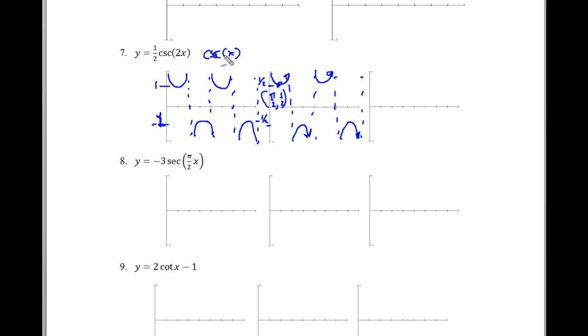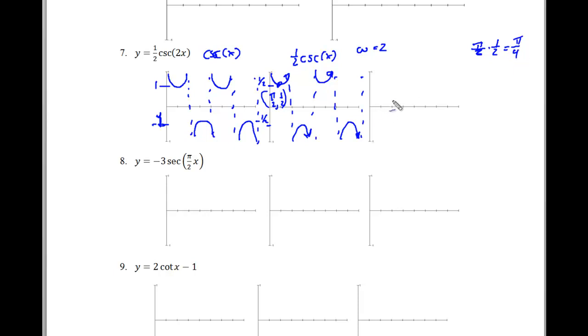Now what I'm going to do is apply my omega for this problem over here on the next side. So this is a graph of 1/2 cosecant x. And now what I'm going to do is apply that omega of 2. So the omega is 2. So what I'm going to do is take my pi over 2, that one, and divide by my 2. Now, dividing by 2 is the same thing as multiplying by 1/2. So every single interval of this graph isn't going to be 1/2 anymore. It's going to be 1/4,